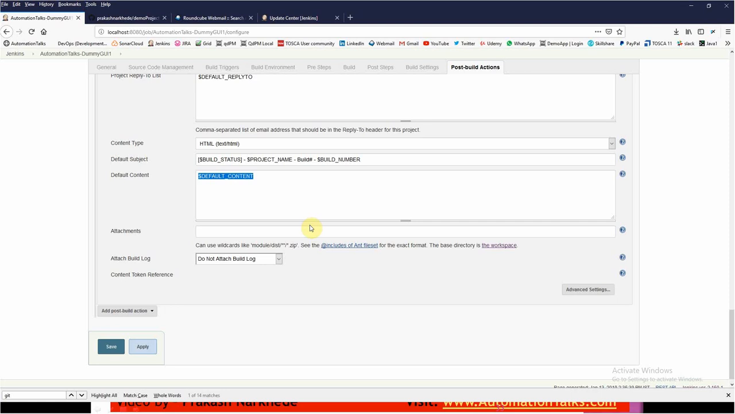Now instead of the default content, let us say I will type some message: dear user. Now if I want a page break, then I need to give this br. These are just HTML concepts. Now I have inserted page breaks, and please find attached